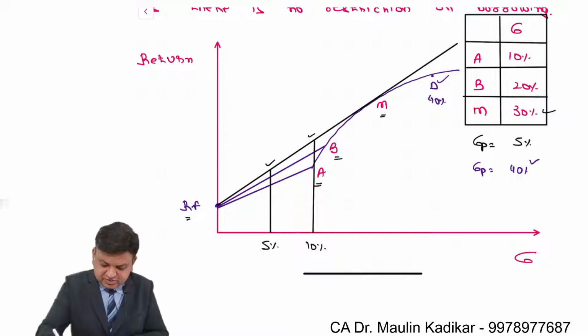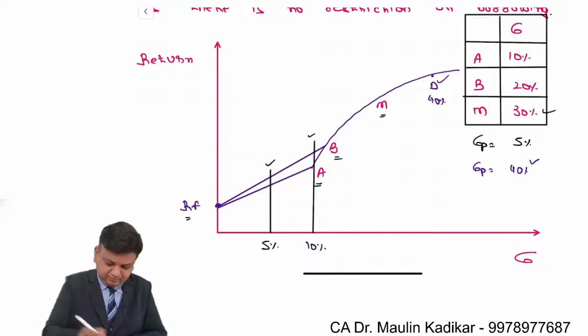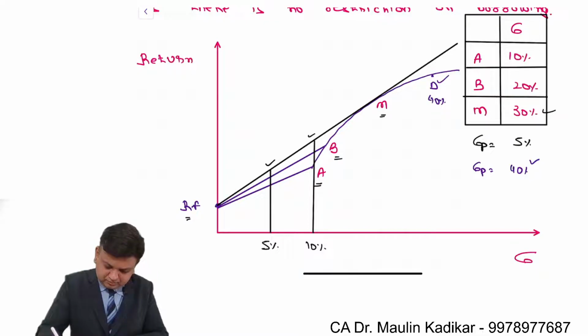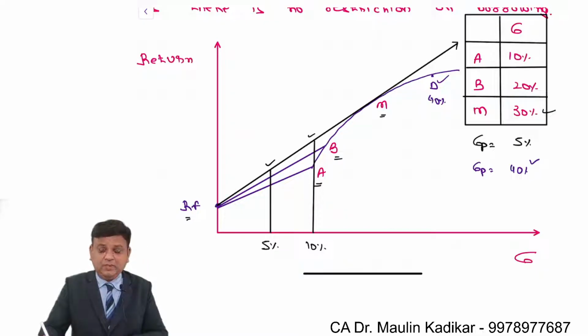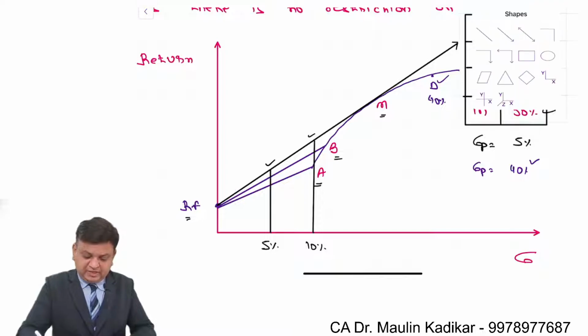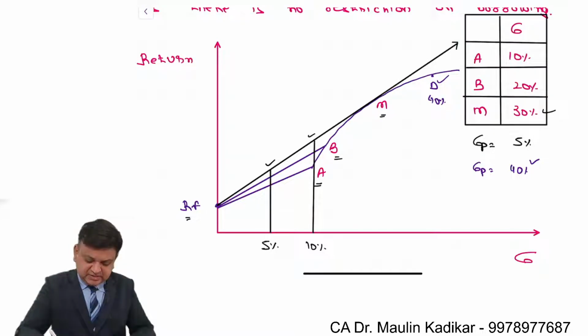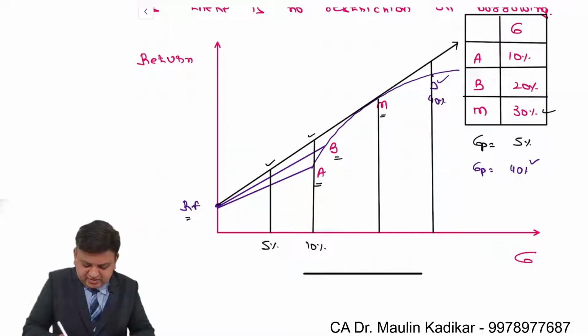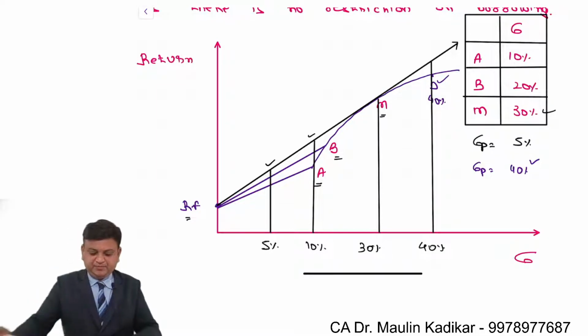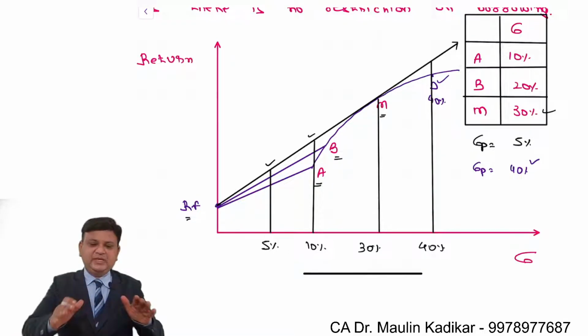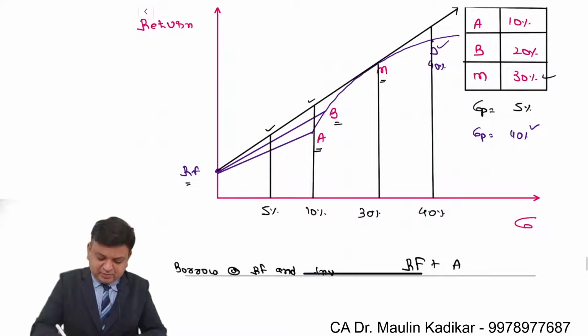We can see that there is a straight line like this, wherein if you borrow and invest in M, then for the same risk you will be able to generate more return. This is the standard deviation 30%, and this is the standard deviation of 40%. This is the way you should make investment. So based on this entire discussion, we can say that the M portfolio is considered to be the best portfolio.